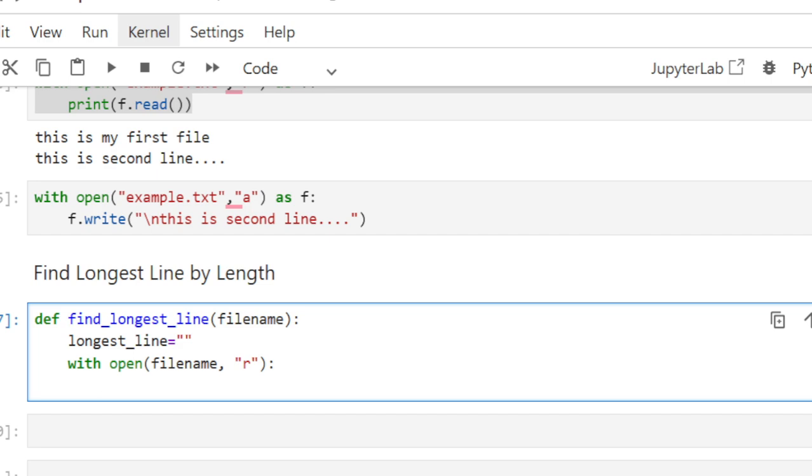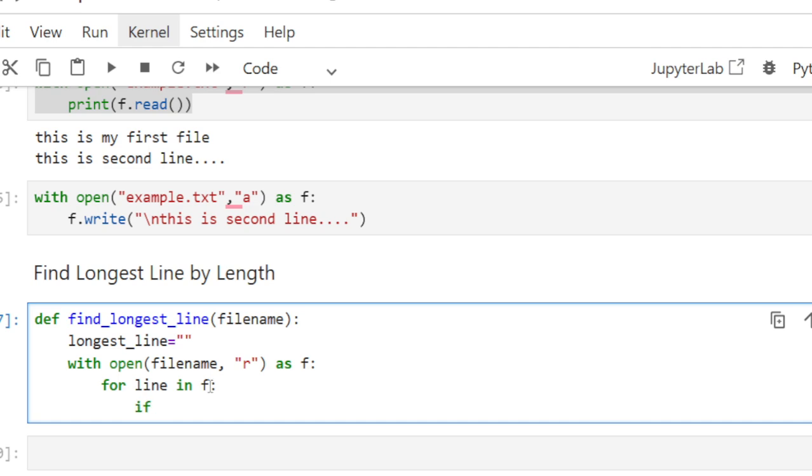After that we need to compare the length of the lines. So what we will do, for each line we need to compare. For line in f,